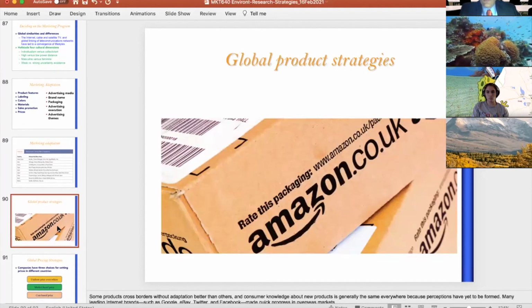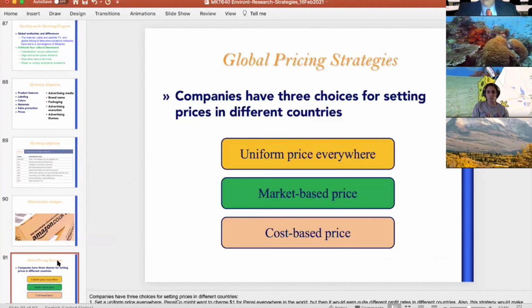So here's the packaging of Amazon. It's different. People are not going to go to a .com. They're going to go to a .co.uk because that's the terminology of an internet domain. You have to think about your prices as well. So that's a big issue. Even though there's a different currency, people are very sensitive to the price, and sometimes you have to lower the price, and you are able to lower the price because the cost of selling the product is much lower.